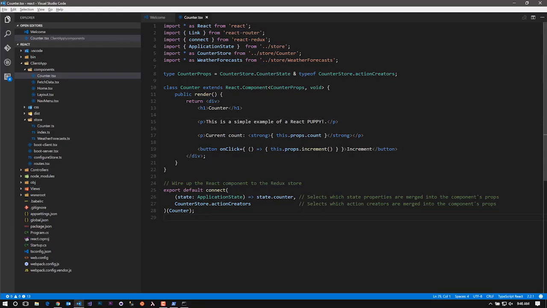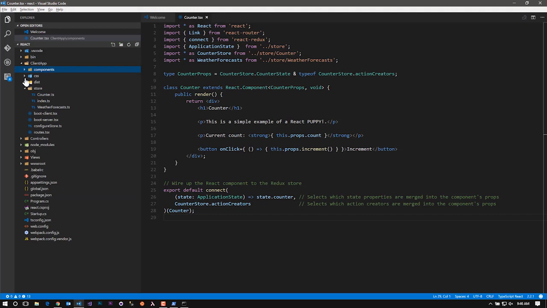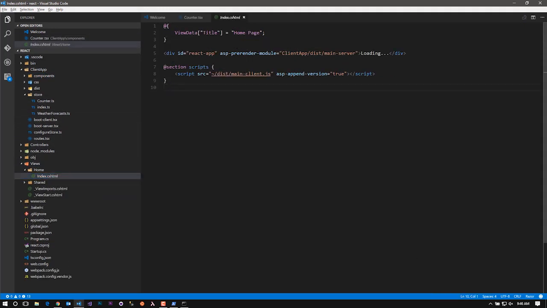and go to the MVC view, the home index view. So we'll go to views and then index. Now you can see that we've got this ASP pre-render module tag helper on there. And that is using a feature from one of the packages that we've recently shipped that tells the server that when it's rendering this Razor view, it's going to evaluate the contents of a JavaScript module and insert that into the output. And this main server file, that's getting built by Webpack, but primarily it's coming from this boot-server